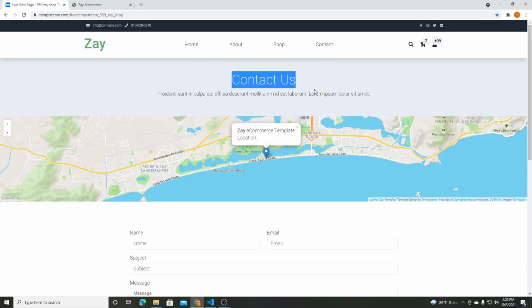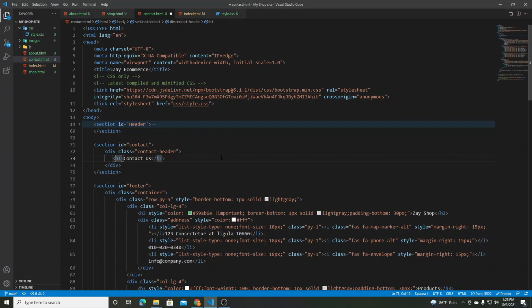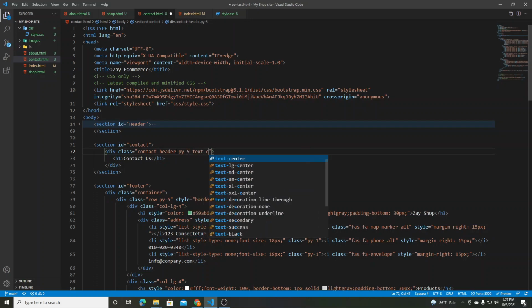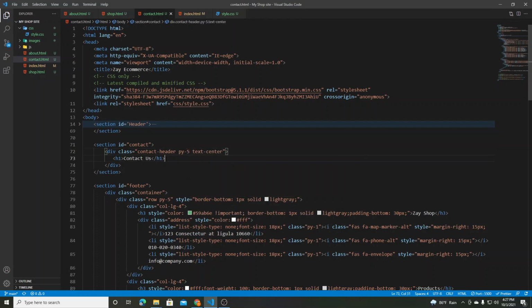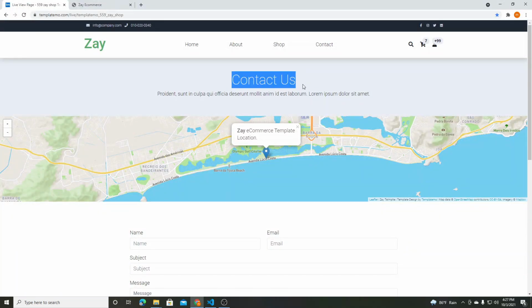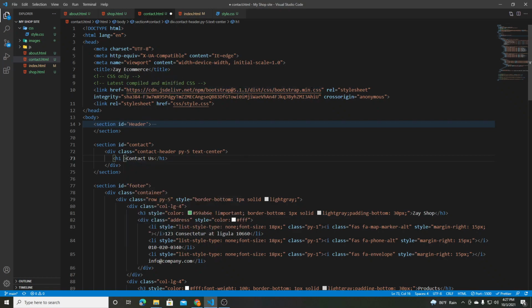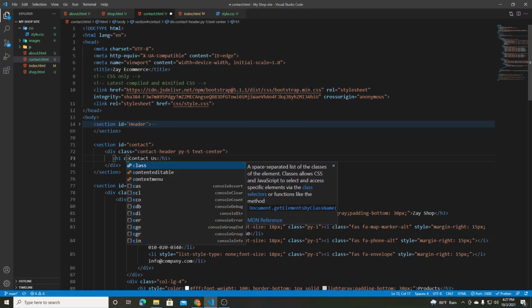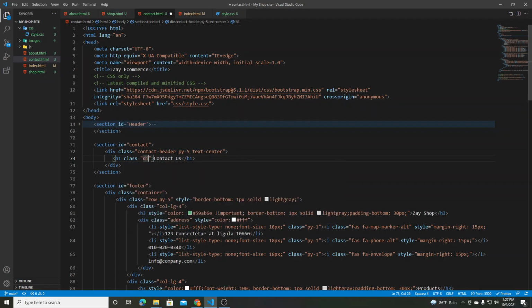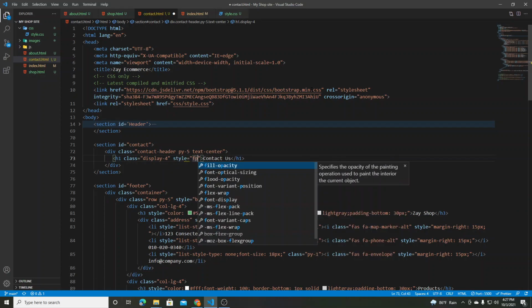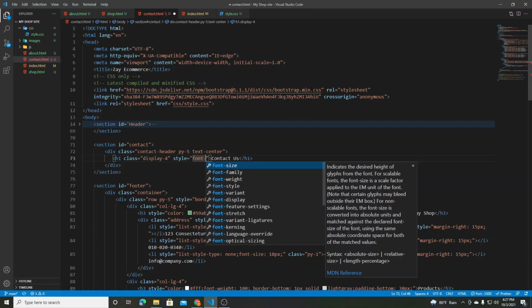Inside the h1 tag we need this title, so copy this title, and here we need some padding from top and bottom. I'm gonna give it 5, text center, and we also need it to be this class. I need to add some class to it, so I'm gonna give class display-4